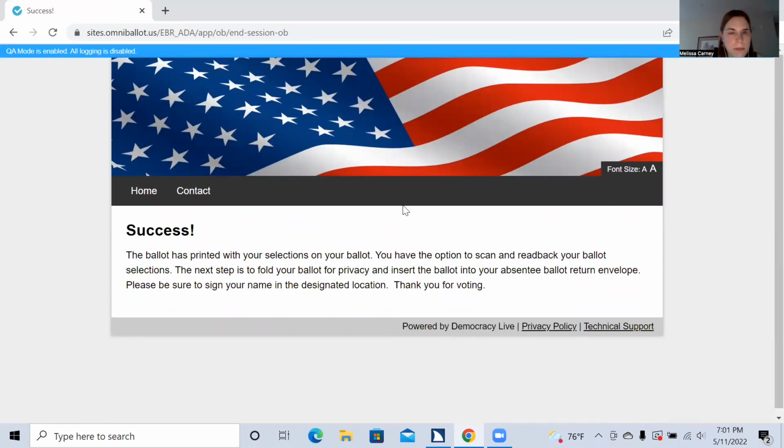The ballot is printed with your selections on your ballot. You have the option to scan and re-add back your ballot selections. The next step is to fold your ballot for privacy and insert the ballot into your absentee ballot return envelope. Please be sure to sign your name in the designated location. Thank you for voting. Okay, and that concludes our demonstration of the one-way ballot marking tool that Democracy Live has